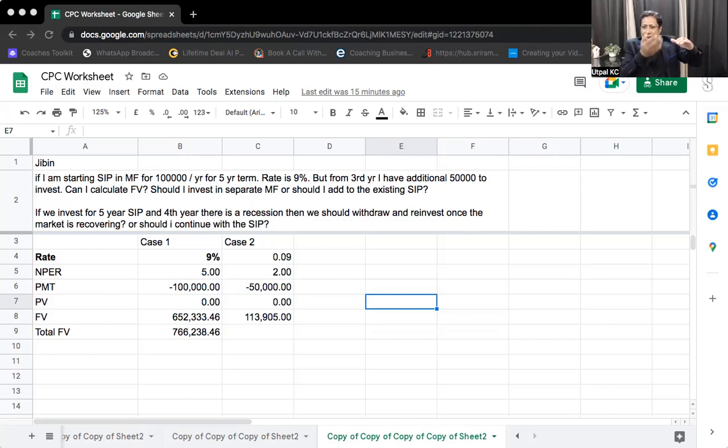Second level knowledge. After that, they come to know that in case of equity mutual funds, there are large cap, mid cap, small cap. Okay, buy everything, a little large cap, a little mid cap, a little small cap. Then after that, they come to know there are flexi cap or multi cap. Okay, get rid of everything, take flexi cap, take multi cap. So now you invest everywhere.